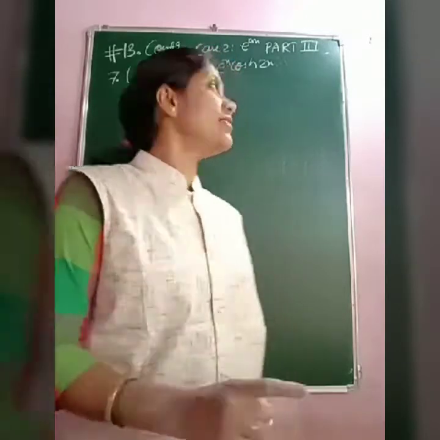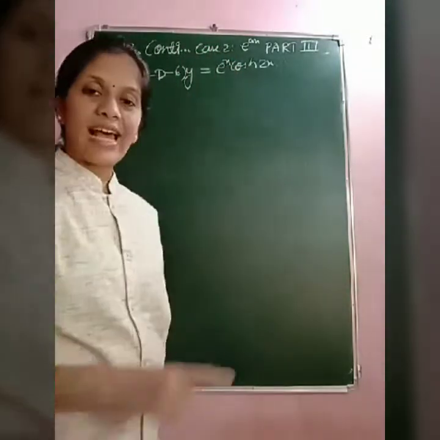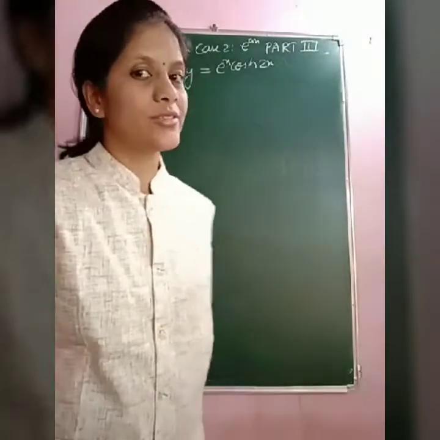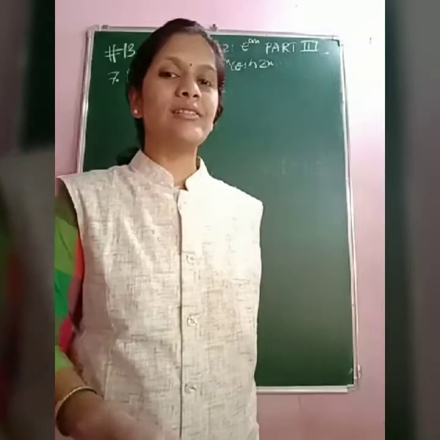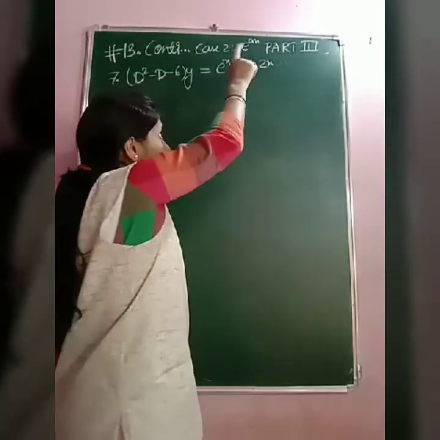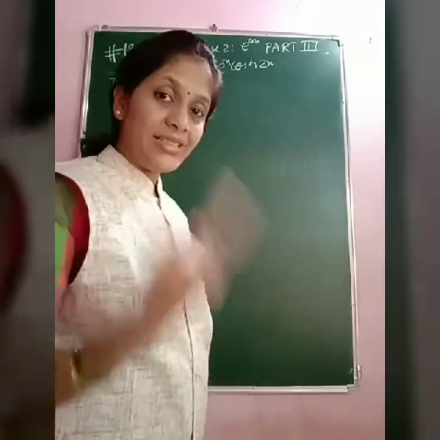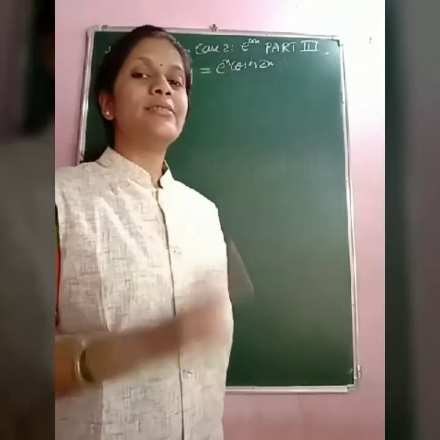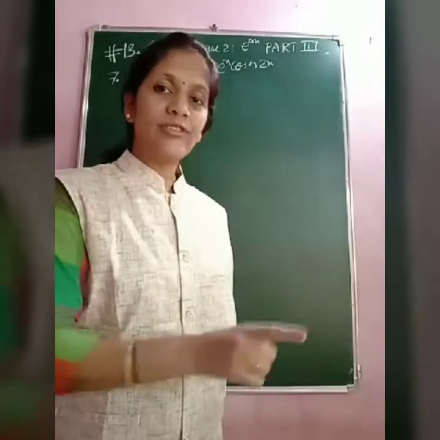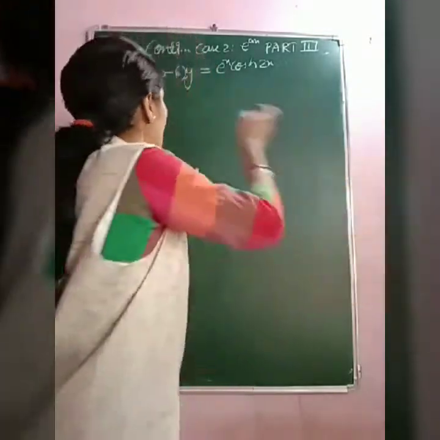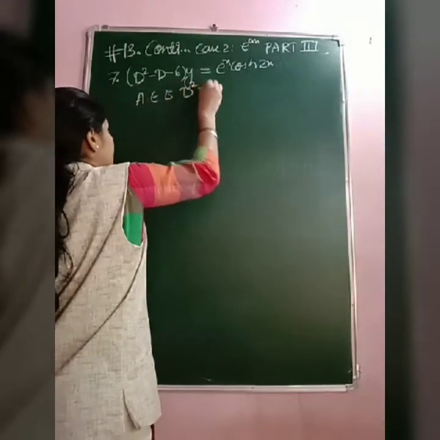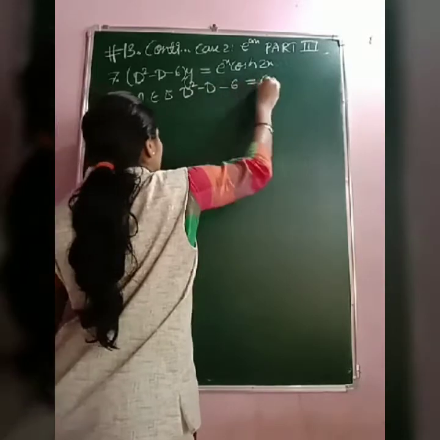So this is numerical number 7 and it has been given as: solve (D square minus D minus 6) of y equal to e raised to x cosh 2x. As soon as we see this question, it is non-homogeneous. For the indirect, cosh 2x can be written in e raised to x form. So this is case 2, e raised to x form. The complete solution is CF plus PI. Let us find CF. The auxiliary equation is D square minus D minus 6 equal to 0.